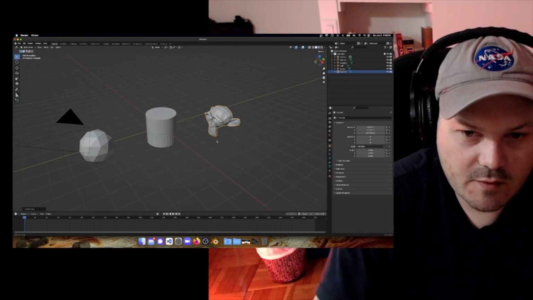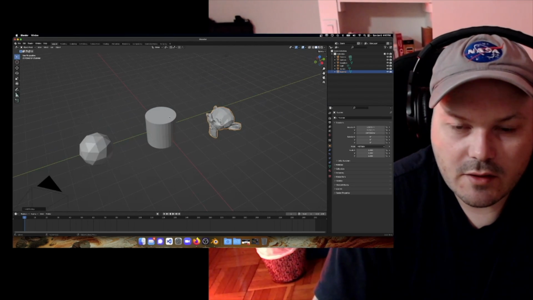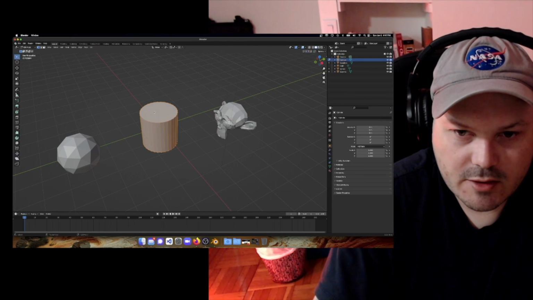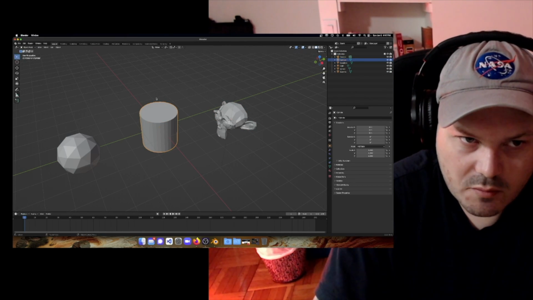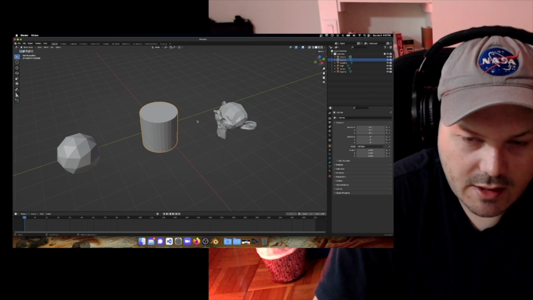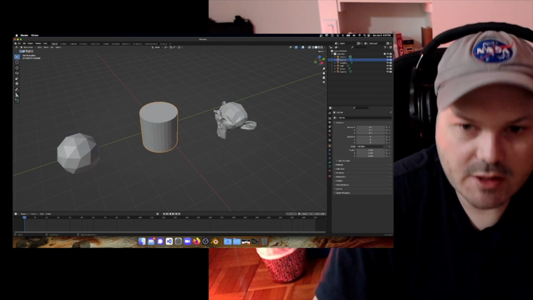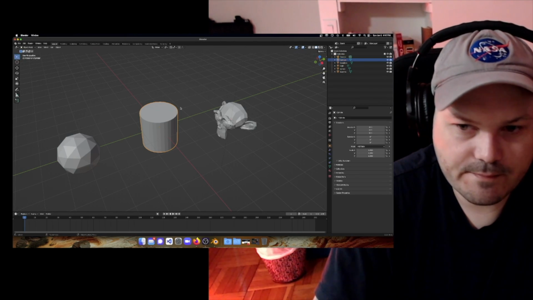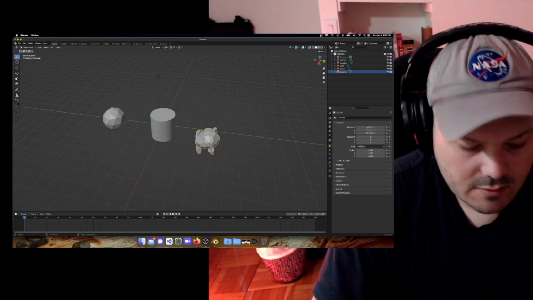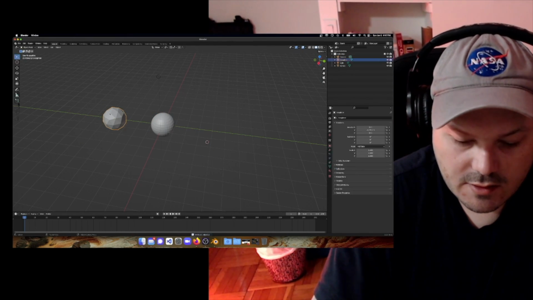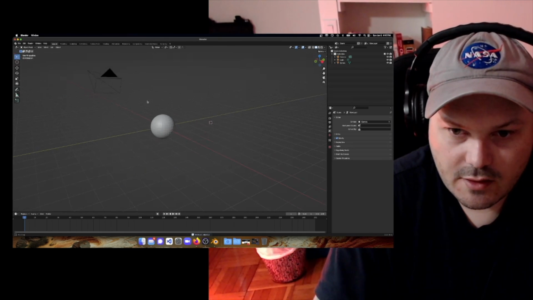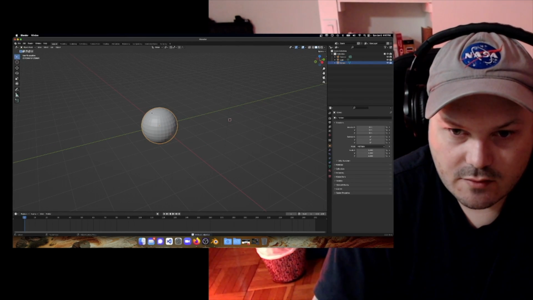So that becomes very important because you can actually utilize geometry and move a 3D cursor onto a particular part of the geometry and then add an additional element to that 3D cursor. So, just going to delete the monkey, delete the cylinder, delete this icosphere, and I'm just going to show you